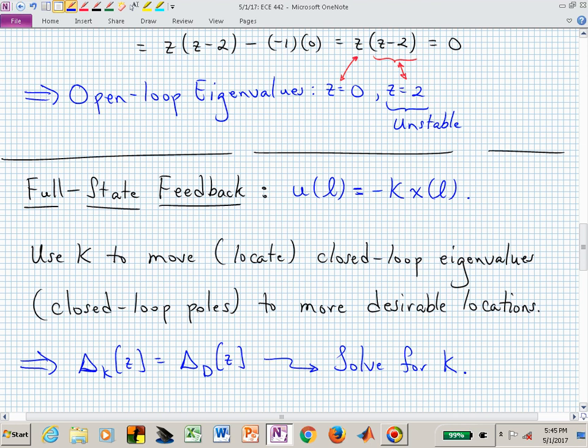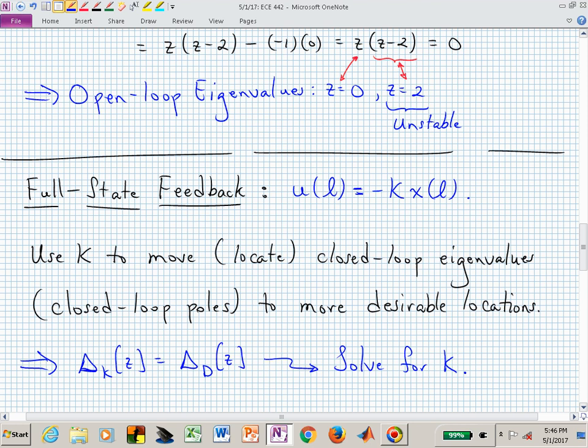With full state feedback, we have U of k equal to minus K X of k. The reason we want to use full state feedback is so we can change the open loop dynamics from being something that we don't want. In this case, it's clear that we don't want those open loop eigenvalues because we had one outside the unit circle. So we use K to move